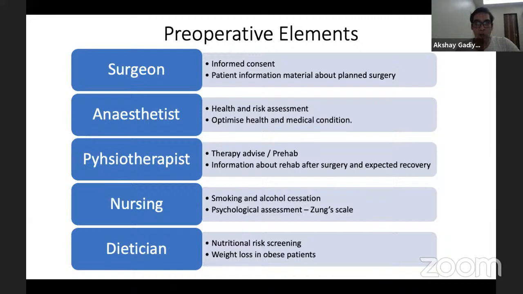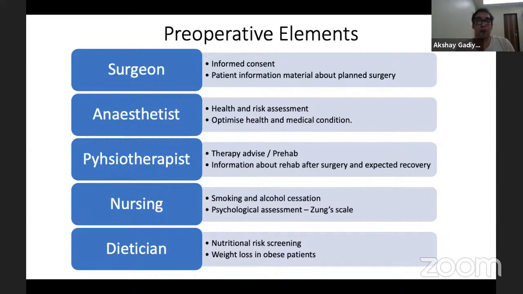Anesthetists are responsible for health and risk assessment, as well as optimizing the health and medical conditions. However, one particular aspect that stands apart from all the rest of the protocols is the involvement of physiotherapy in the preoperative phase. Physiotherapists focus more on informing patients about their journey during the perioperative period, as well as expectations from the surgery and expected recovery, as well as starting prehab, or what we call therapy